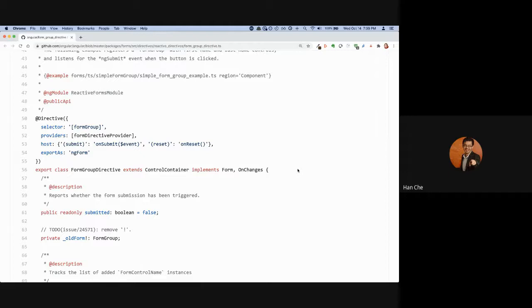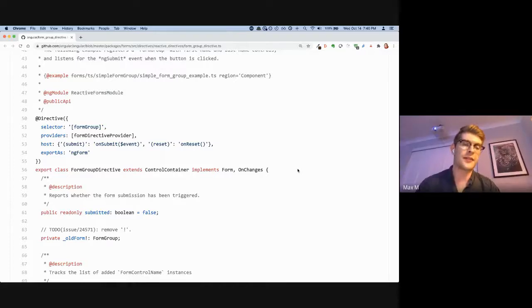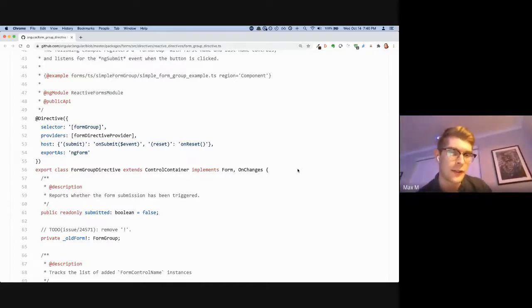an access to this reference via dependency injection, because this will be really useful for all sorts of things, I guess. Yeah. For other directives as well. Yeah, and that pattern, you'll also need that if you're doing the. I think Bonnie posted a link to the control value accessor. Yes. You'll be using providers